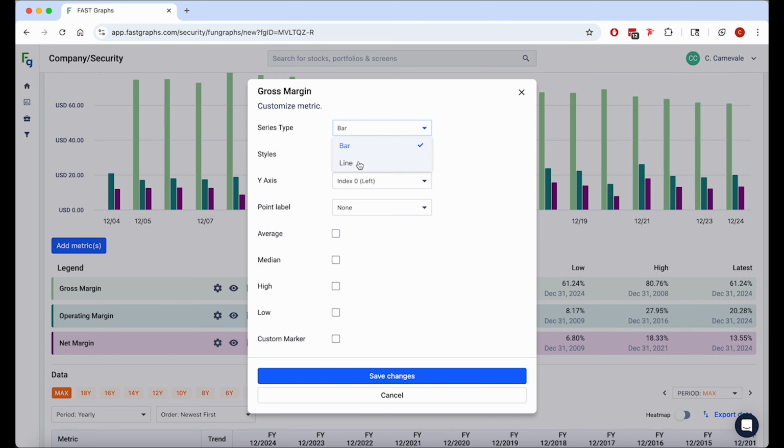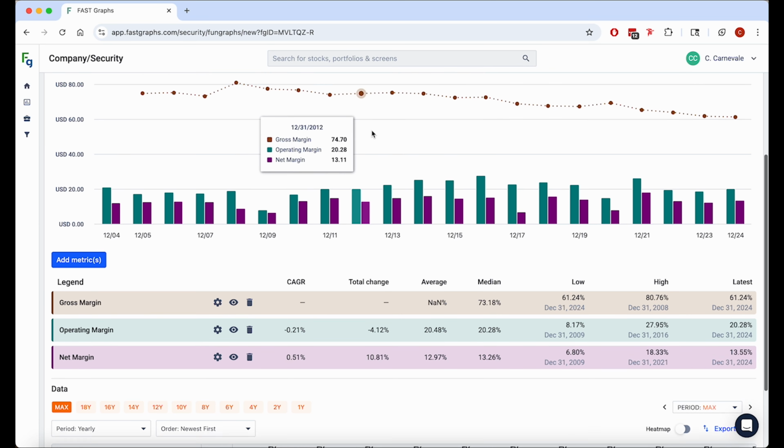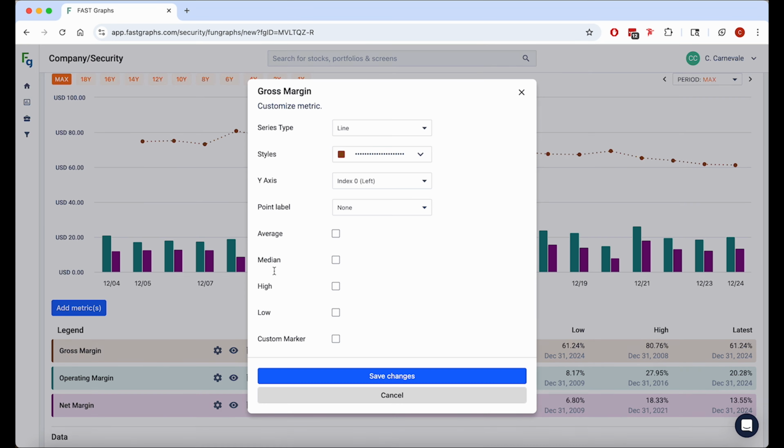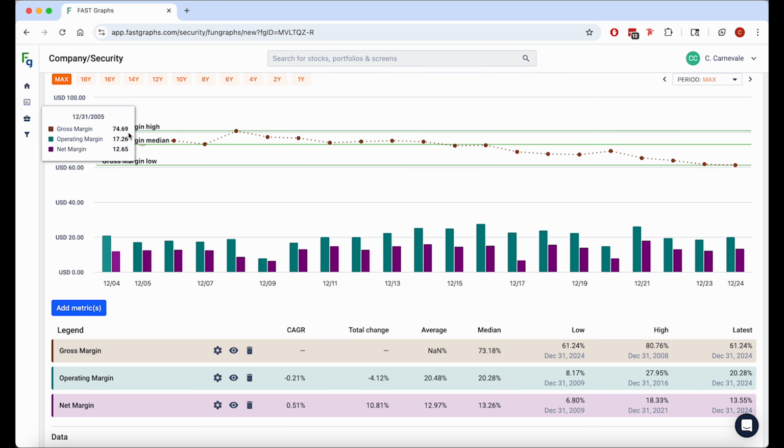This allows me to now do certain things, like for gross margin, I can change it to a line. I actually can come in here and change it to a color. I can change the line style. So now notice up here, I've got this brown dotted line, and then in here we also have certain things like I can add the median, I can add the high, the low, and have different colors for each one of these. So if I add these values here, it now shows me gross margin, high, median, and low values